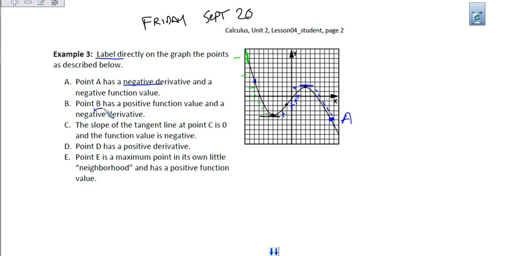The second one is where B has a positive function value and a negative derivative. So a positive function value would be,